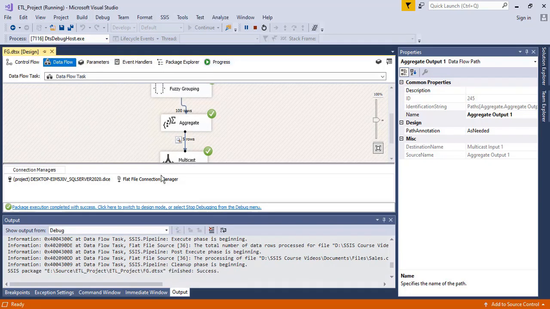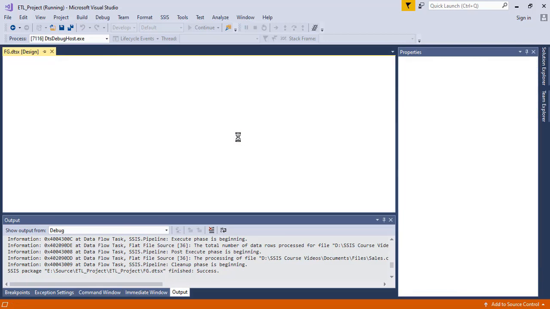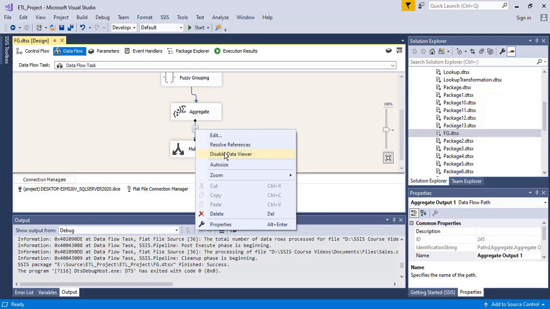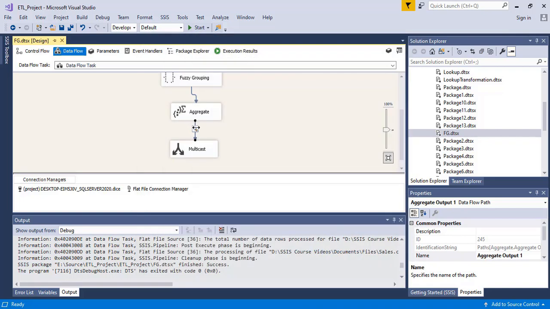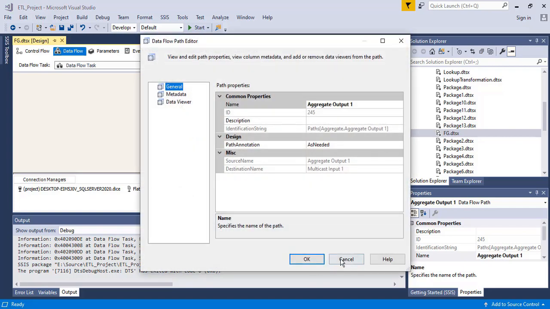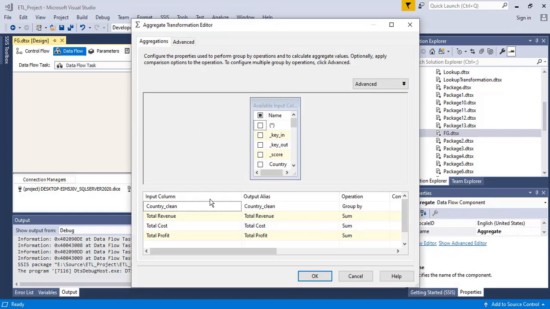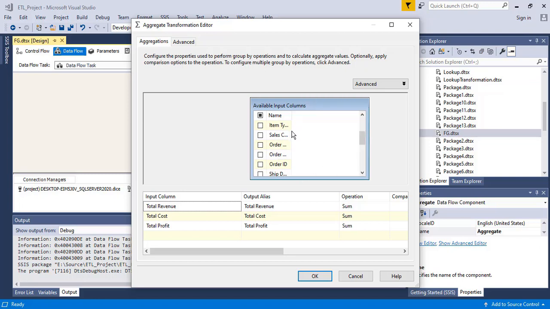Now, instead of using the country clean field, let me include the other field, the country field. Now let me exclude this field. Country clean field is country clean. Let me use the country field here. This one.